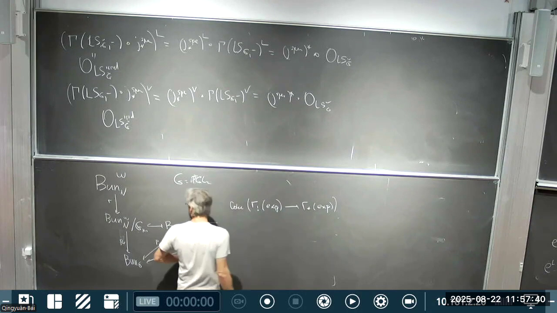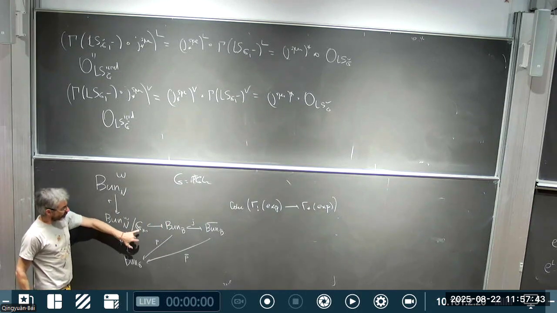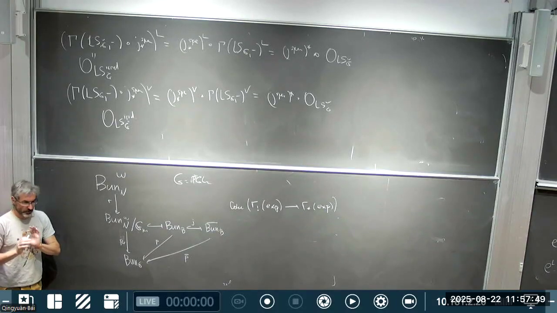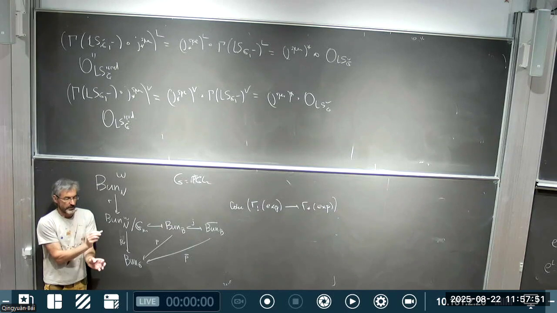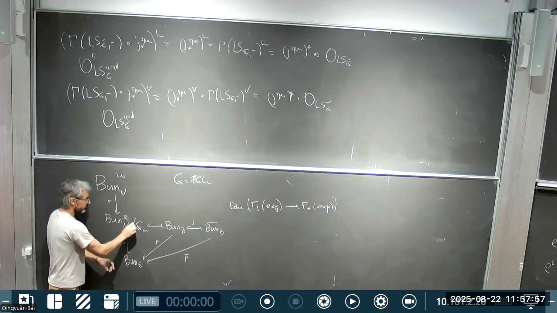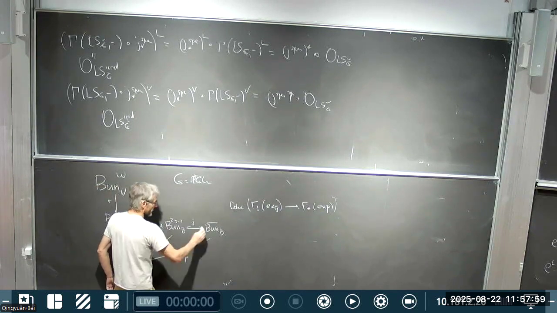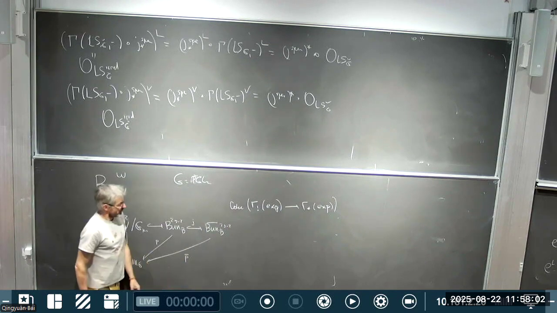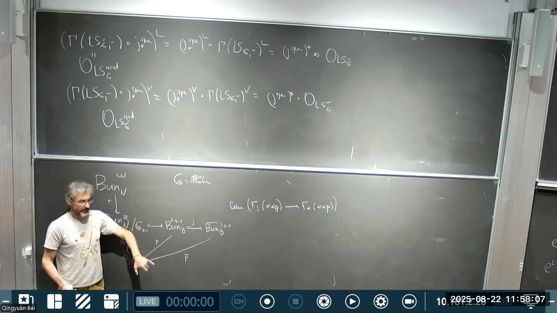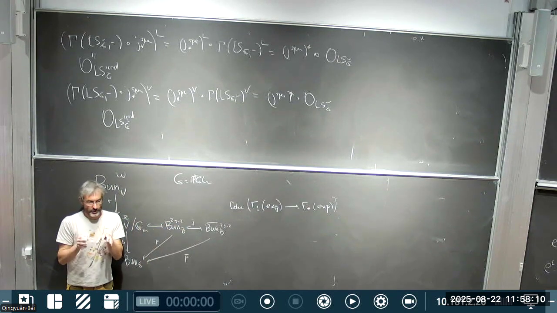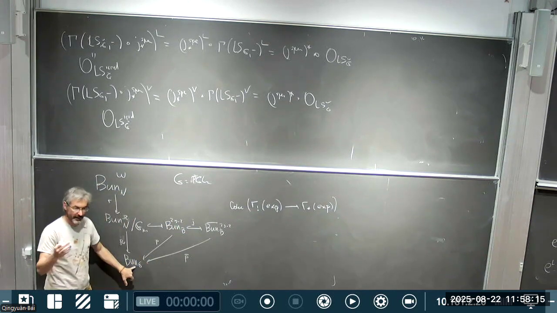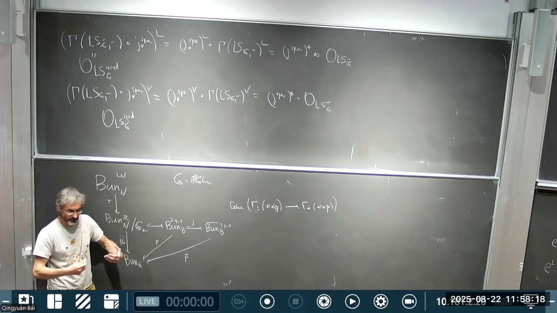And once I end up here, I have to control what's happening on the boundary. But here is a remarkable thing which is specific to SL2. And I also am on a particular component of Bun G, namely that has to do with the degree of this omega. It's 2g minus 2 component. So I claim that everything here outside of this open subset is in this unipotent gerbe situation. It's pulled back from Bun T, and therefore, when I push it forward to Bun B, I fall into the definition of Eisenstein. So let's see why that is.